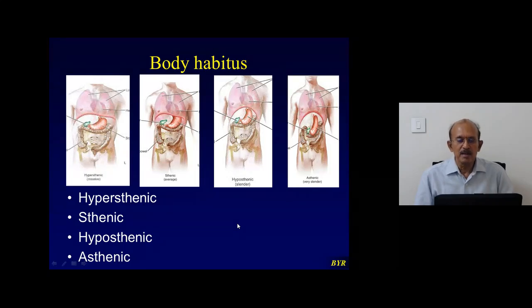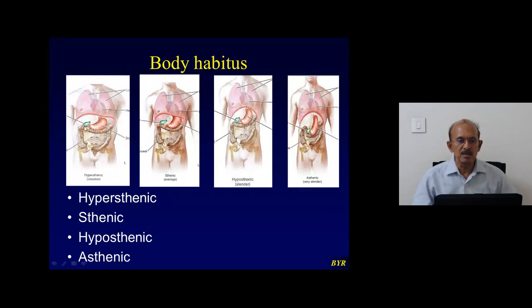The shape of the individual, whether broad or long and thin, is all genetic. That is why there is nothing like abnormal or disease type. So everything is normal. Just know that the disposition of the organs in the abdominal cavity is not similar in all individuals. To emphasize that point, I'm showing this because in some individuals like hypersthenic, you find that